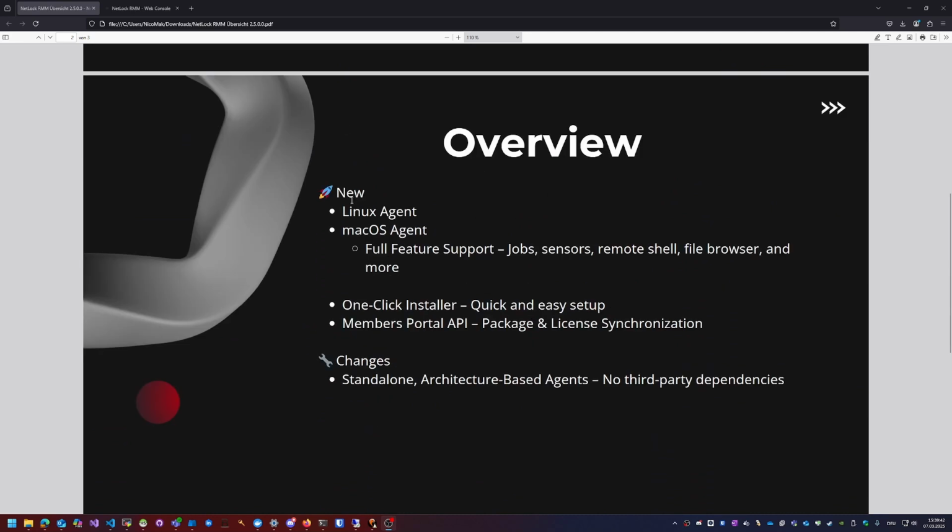Taking a look at the overview, we have some new features, and the biggest new feature is the Linux and macOS agent. It comes with full feature support that includes job sensors, remote shell functionalities, file browser, and a lot more features. Then there's the one-click installer that enables you to simply create a setup file through the web console and then execute it on your customer machines, and it will automatically install the agent plus your server